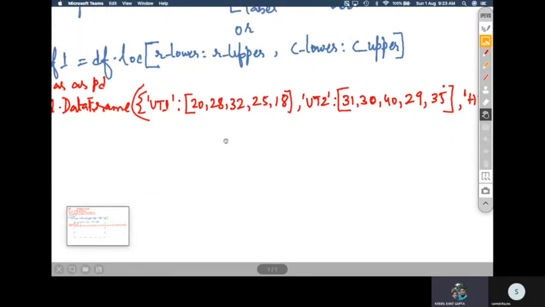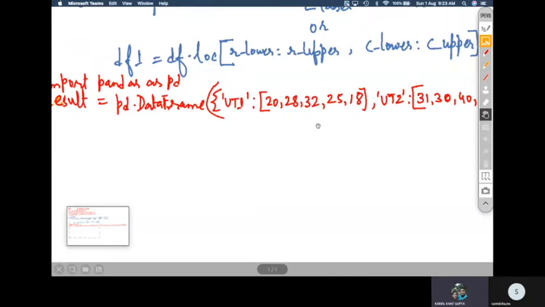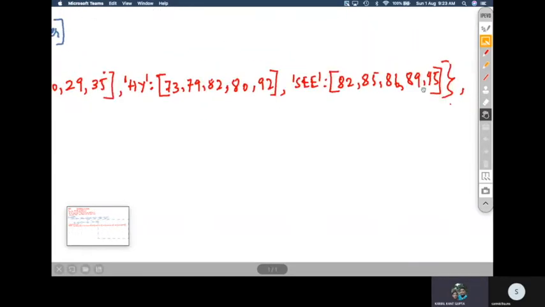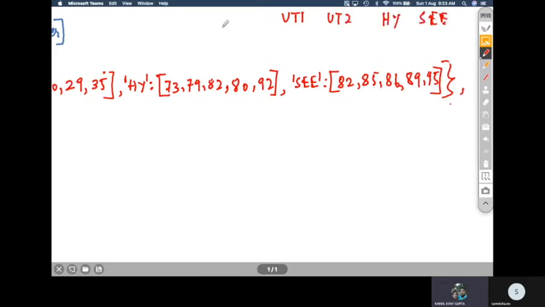If this is the syntax, pd.DataFrame, and I have supplied one dictionary, now I want the subject names to be passed as row indexes, meaning row labels, so that our data frame looks like this: UT1, UT2, half yearly, SEE, and then the five subject names: math, physics, chemistry, then English, and then IP.